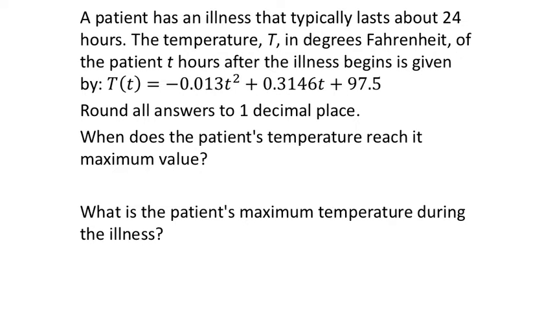Okay, so we want a maximum T on this one. It says when, that's the time. So what time would it be on this one? That's the X value. This lowercase t is replacing the X on this one. And we know that that can be found in the formula with negative B over 2 times A. So the B value that they gave us was